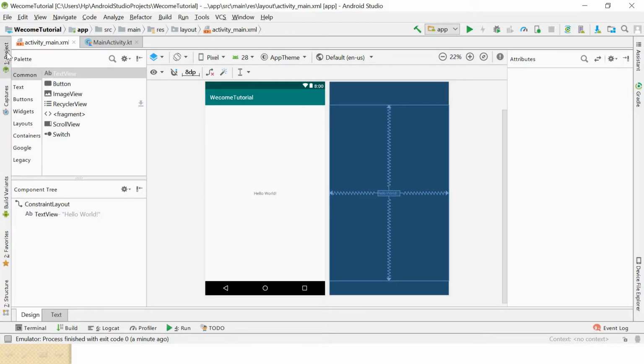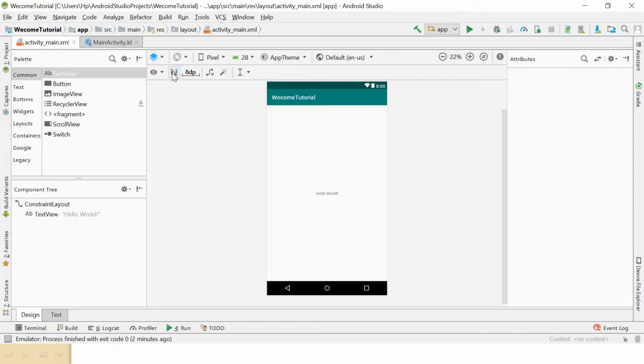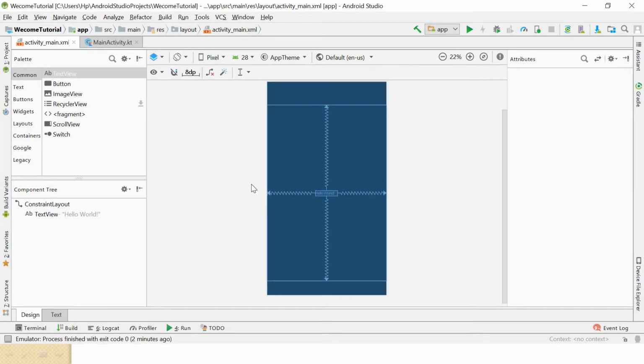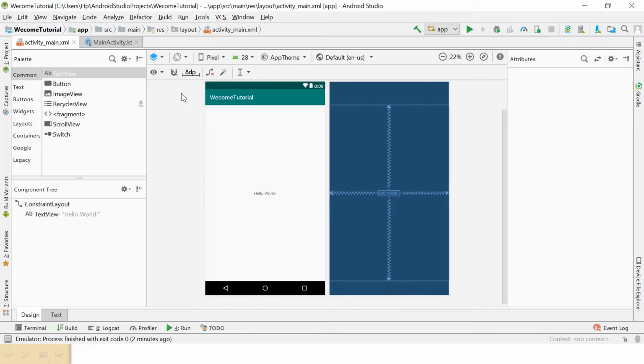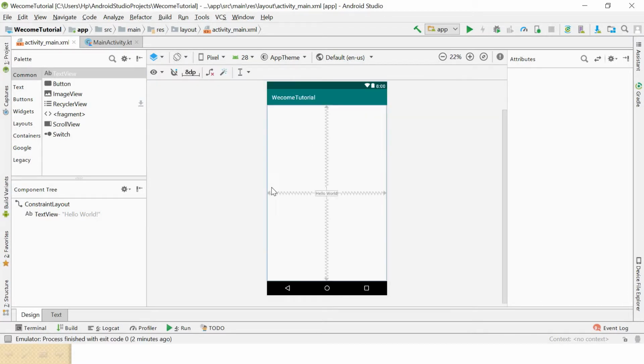So if we go back to this place, this first button here, you can switch between design and blueprint, which is more like the template. You actually can display the tool, which is what we had before now. So what I'm going to do is I'm going to only use design, so everything will be very clear to me. Now if you want to see the layout of this page, you can go to activity.xml,